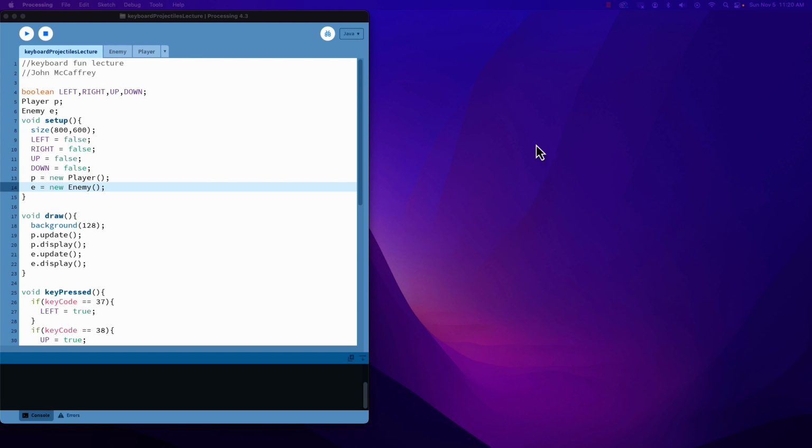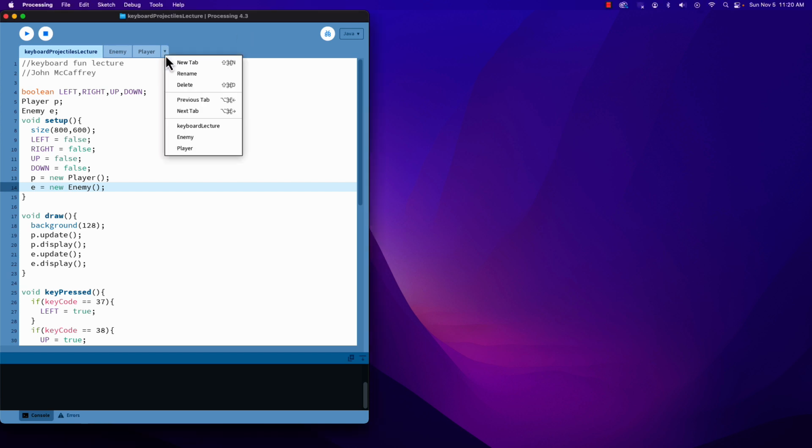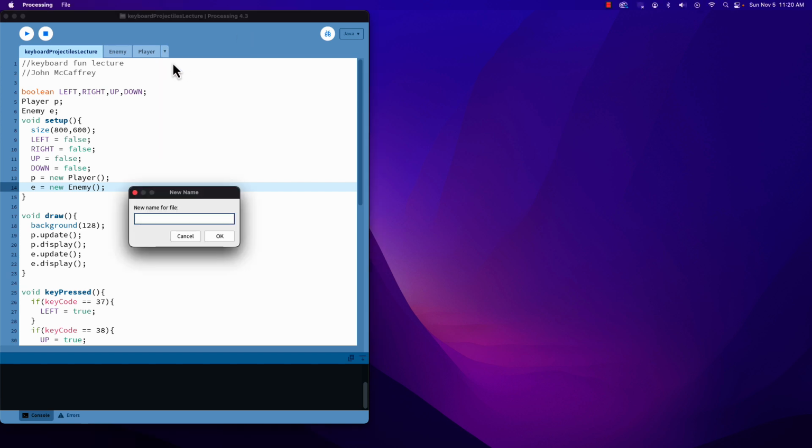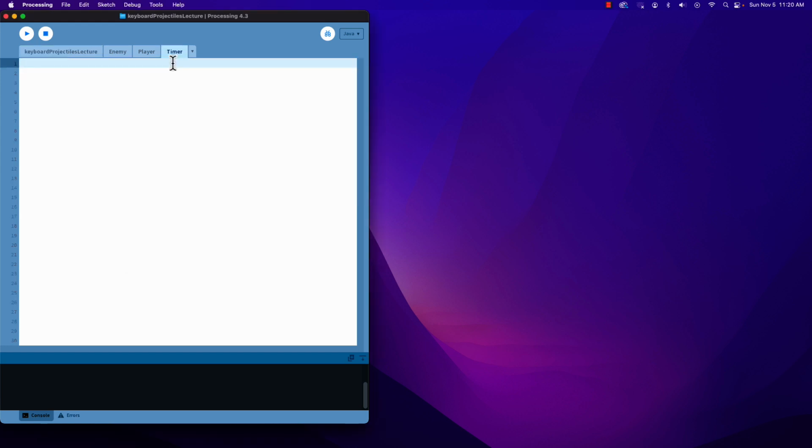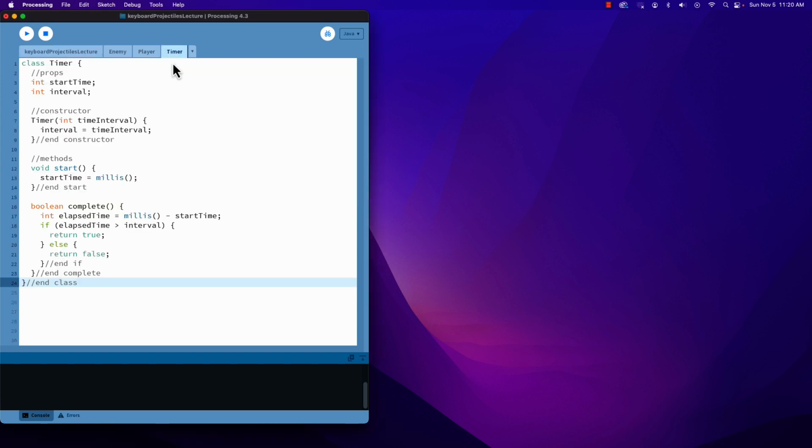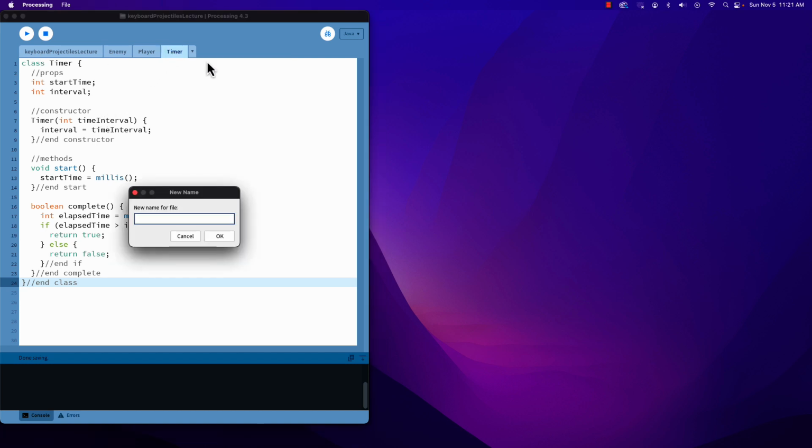So the first thing that I am going to do is go and grab my timer that I've used before, because we are going to need to use that. So I'm just copying over the timer from a previous project. If you followed along during Duck Hunt, you can go grab it from there and then you'll be in good shape. So we now need to make a class